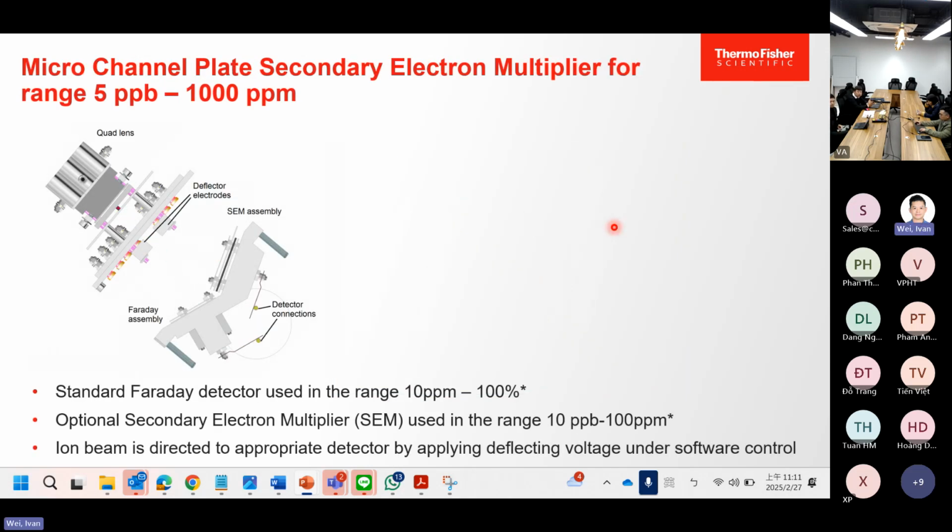Okay, there is another detector that is used for Sentinels. Sentinels tend to be used for occupational health and safety. The range can go from ppb levels to ppm levels. Of course, since the magnetic mechanism is a little bit different, the way we do the detection and the detection limit will be different.